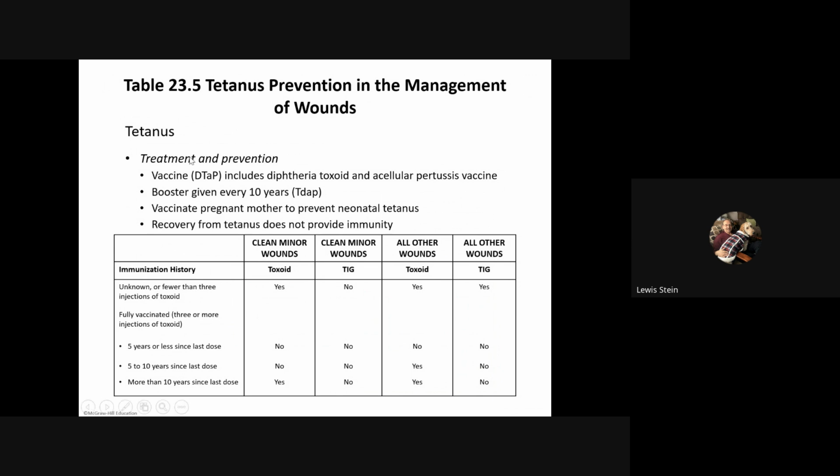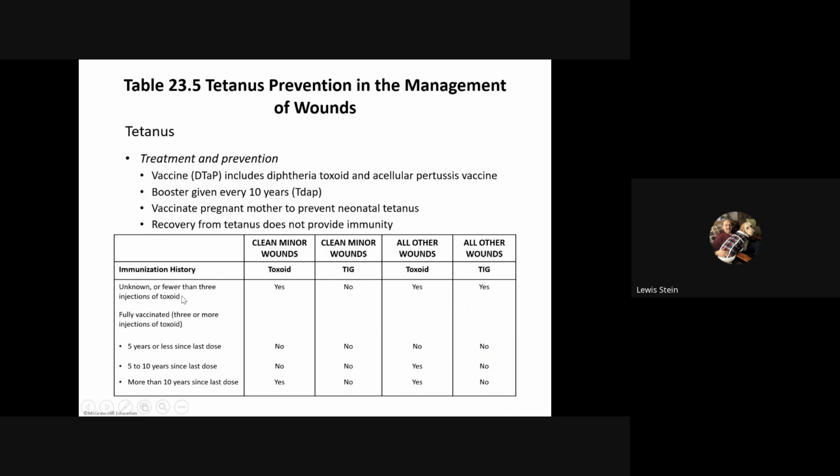So DTaP stands for diphtheria, tetanus, and acellular pertussis. That's the kind of toxin pertussis. It's always been the hard one that's there. If it's a schedule, it will be every 10 years. That's the thing. And it's all a question, do we have documentation or is the patient recall specifically and we can prove it? So if it's a clean minor wound,